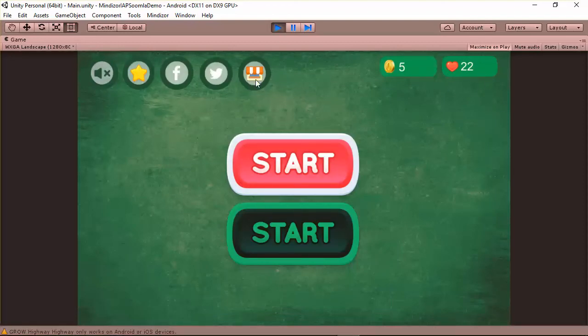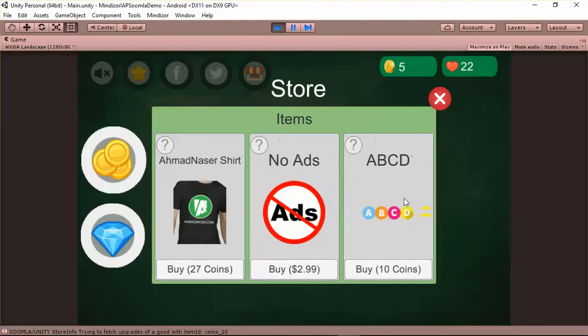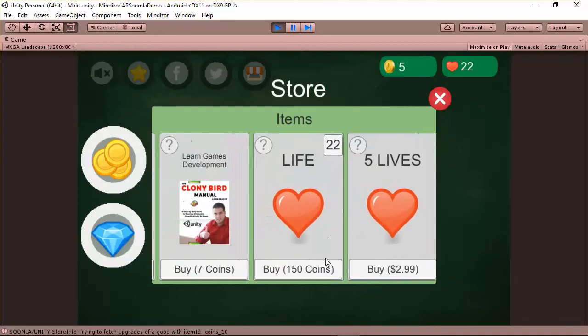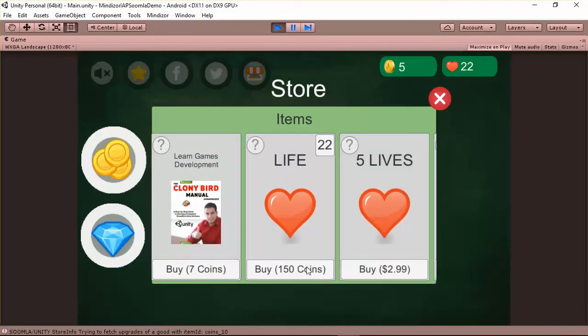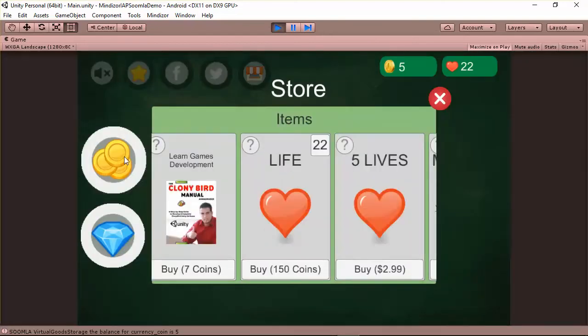I need to go to the store, and I need to purchase a new life. So the cost of life is 150 coin. In order to purchase the life, you have to click the buy button here. So you can see that we have insufficient funds, so we have to go purchase